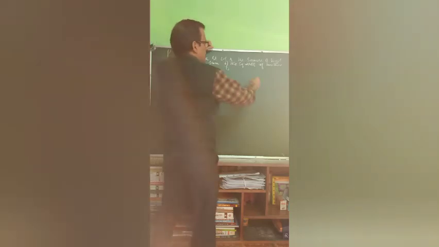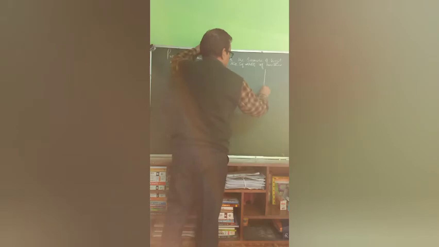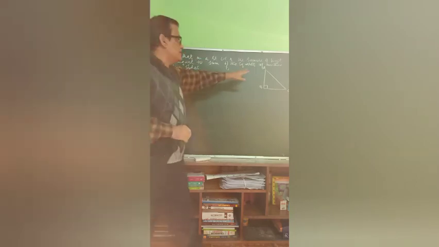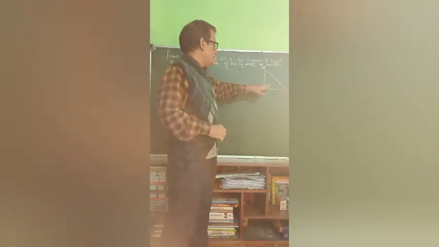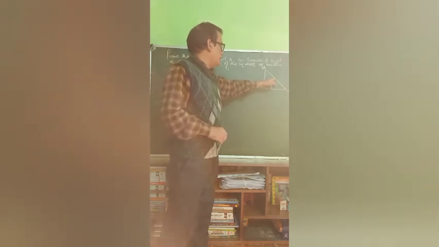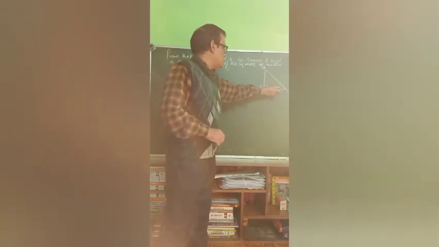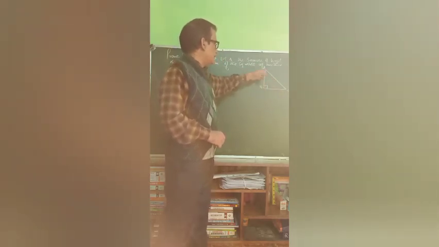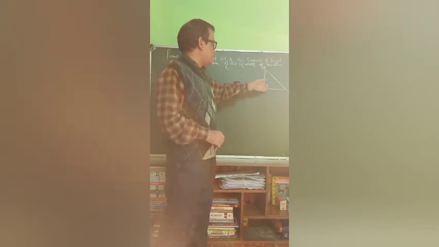We have a right triangle ABC, with A, B and C, right angle at B. This we will write as given. Angle B is 90 degrees, so the side opposite this 90-degree angle is the hypotenuse. This is the base and this is the perpendicular, or if we rotate it, AB becomes the base and BC becomes the perpendicular.